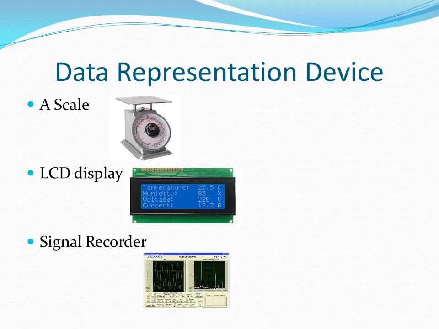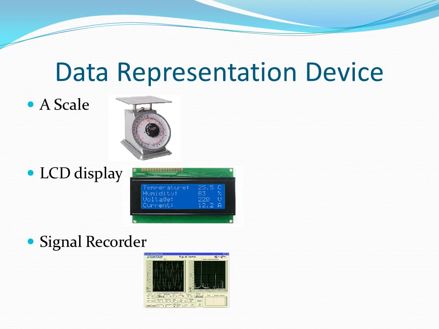And then a signal recorder. By means of graphs we can record the measurement signal, or we can record the data. So we can say a measurement system is a combination of a sensor which is sensing what's going on, and then it is converted into a usable format through signal conditioning.